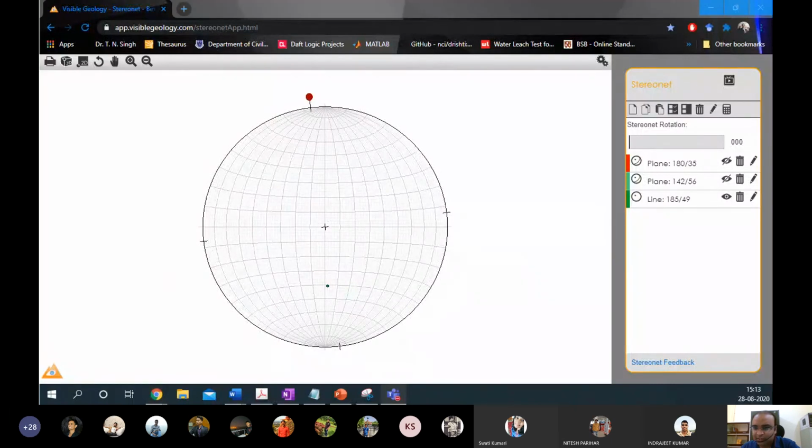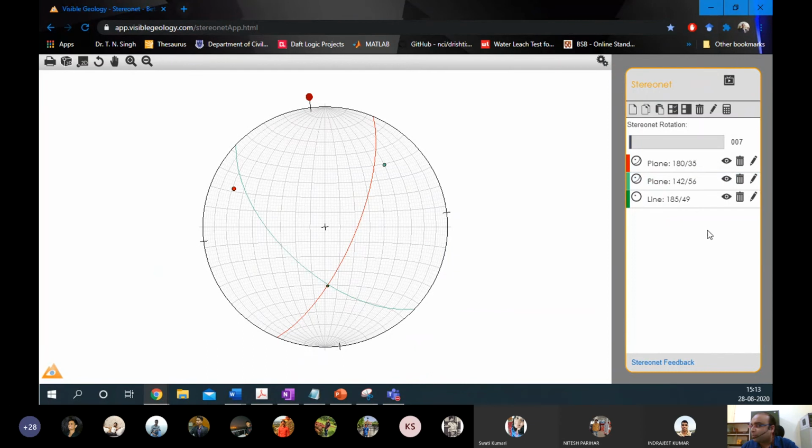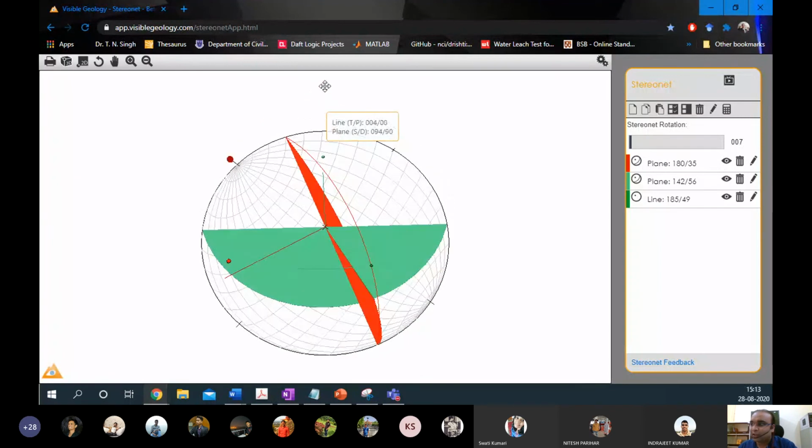What is the necessity of representing a pole? Rohan asks why we represent a pole. A pole is basically a good representation of a plane. It is not necessary, but it is additional information they are giving here. By just representing the pole, we can actually represent a plane, because it is not necessary for me to draw all this plane.